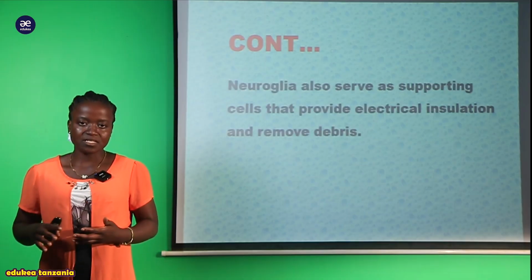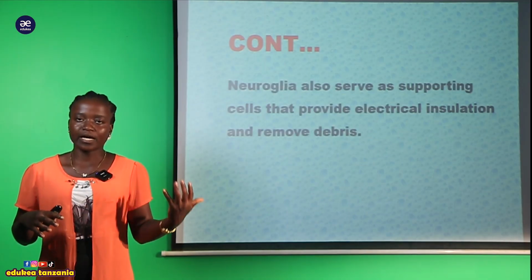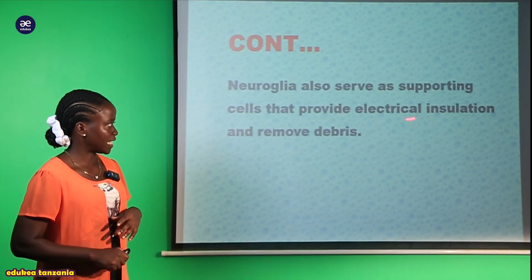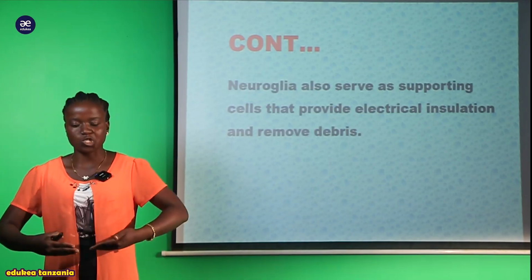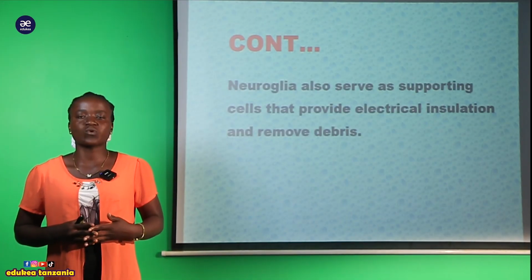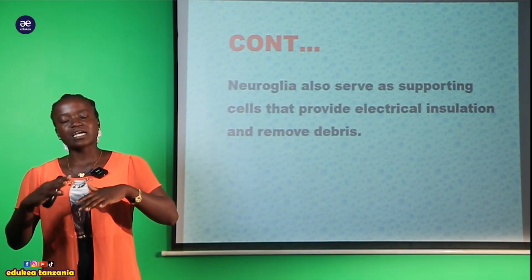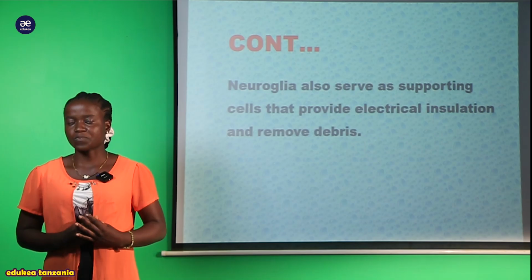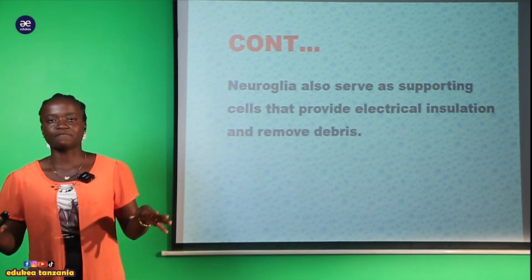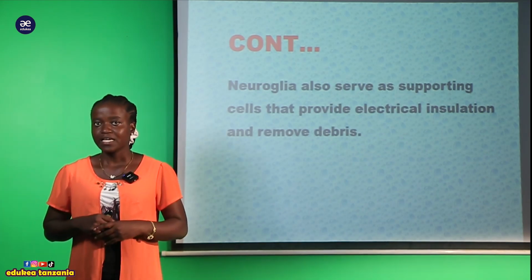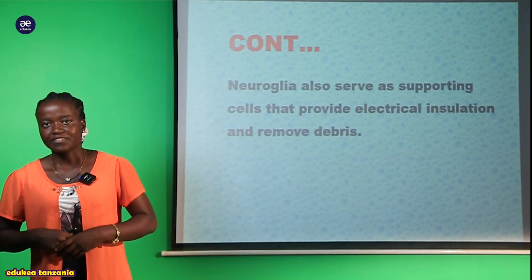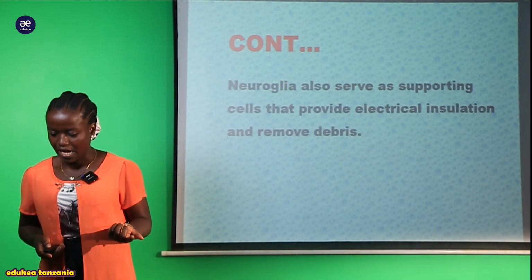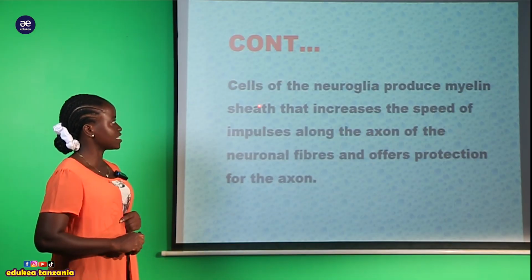Where impulses are passing through the neuron, the neuroglia provides electrical insulation, so that it can speed up the rate of the impulse to enter the brain, so that it can be interpreted very easily and provide the appropriate response to any kind of changes that are occurring in the environment or inside the body environment. So now we are saying that the cells of the neuroglia